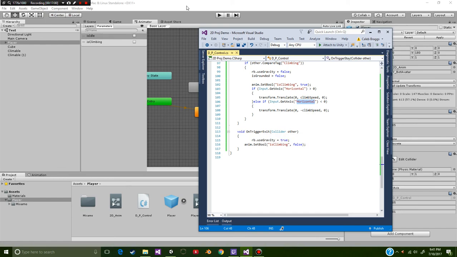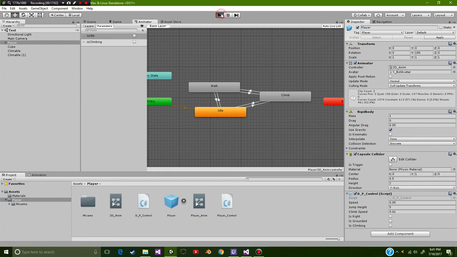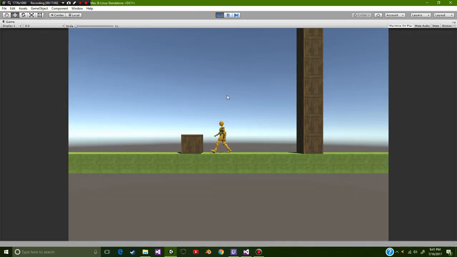Okay, so let's go ahead and take a look back at the game again, just so you guys can see how everything works. And if you have any questions regarding this game or the character, the jumping animation and whatnot,